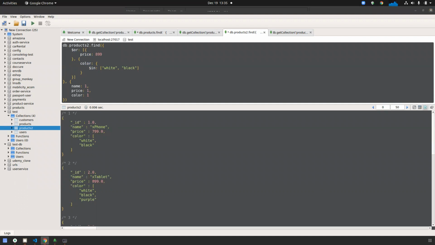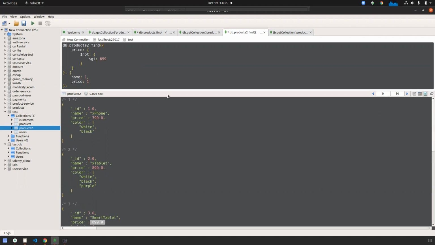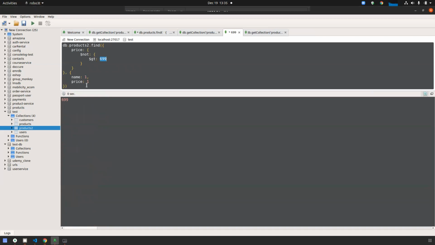Now another method is not. I'm running this type of query where price is not greater than 699.